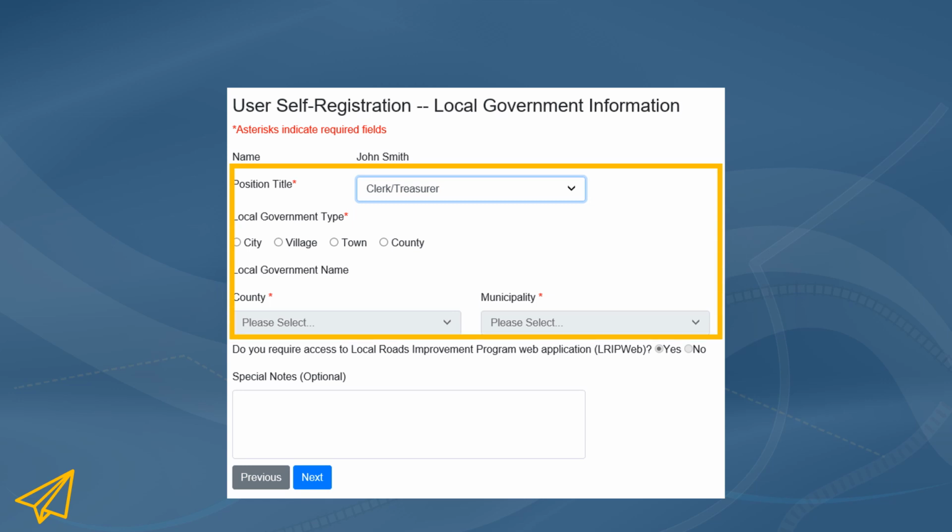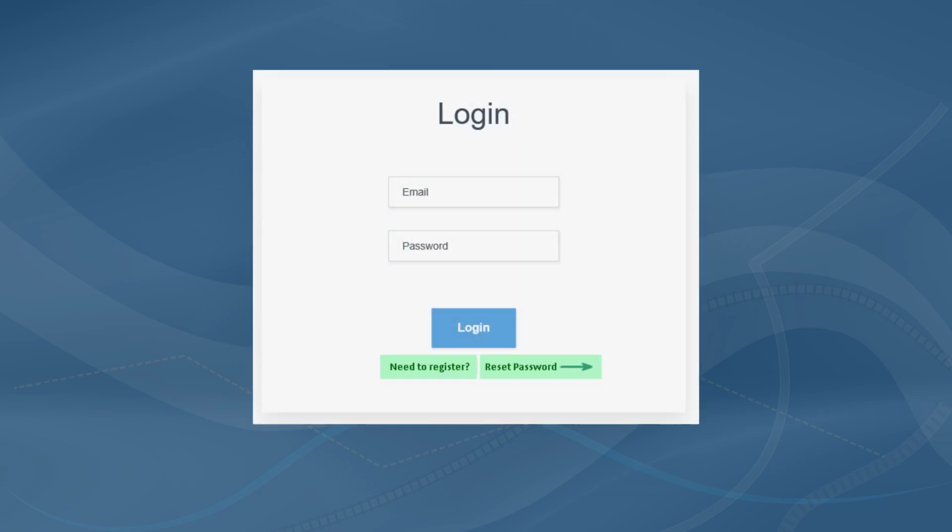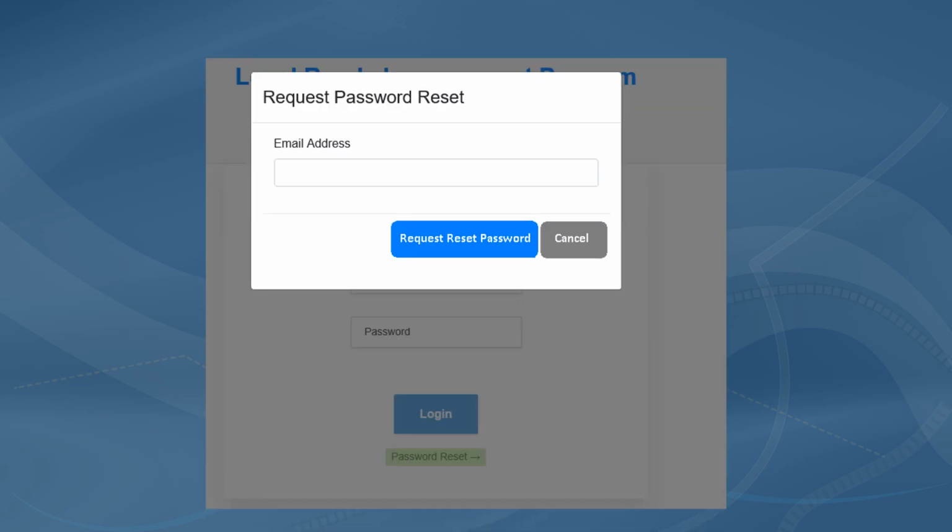After you submit your registration request to WSDOT, please allow 2 business days to process. When authorized, you will receive an email confirmation with the instructions on how to create a password and log in to TAS. Some local government officials may already be registered under an existing email address. If this is the case, you will be prompted during the self-registration process to return to the TAS login screen and select the Reset Password button to create a password.